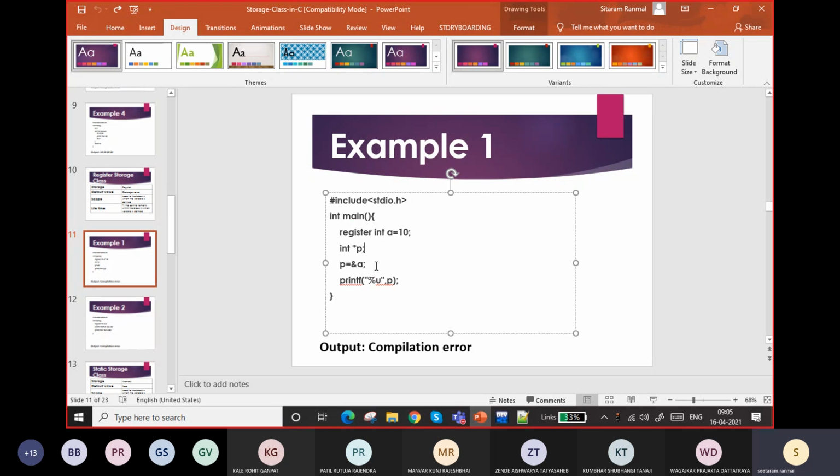The important thing about register is that it is very fast. For the other storage classes like automatic, external or static, the variable is allocated in memory. Whenever you want to use that variable in a calculation, it takes the variable, which is in binary, and puts it in a register.